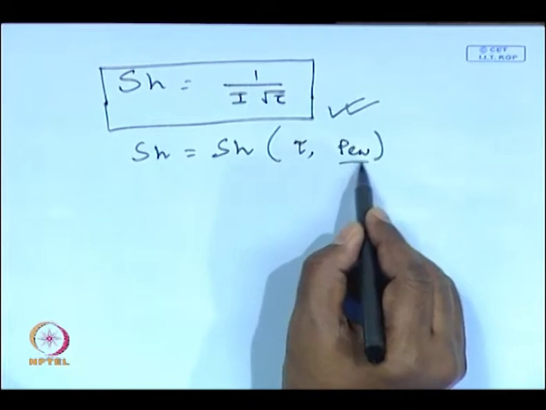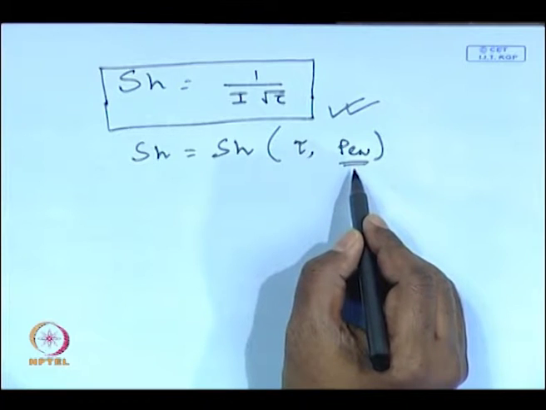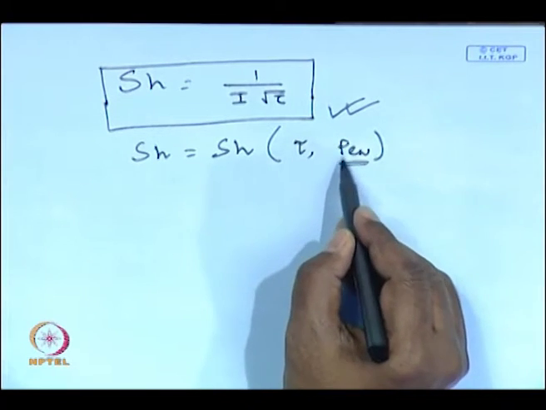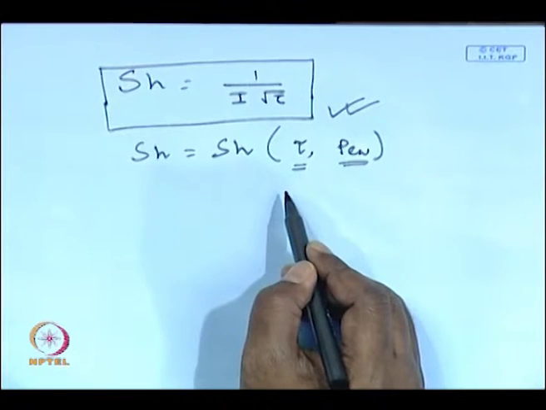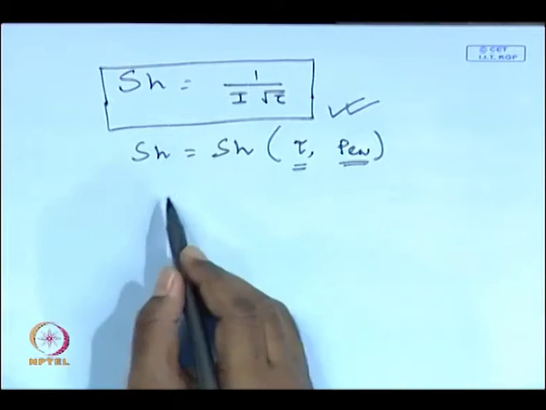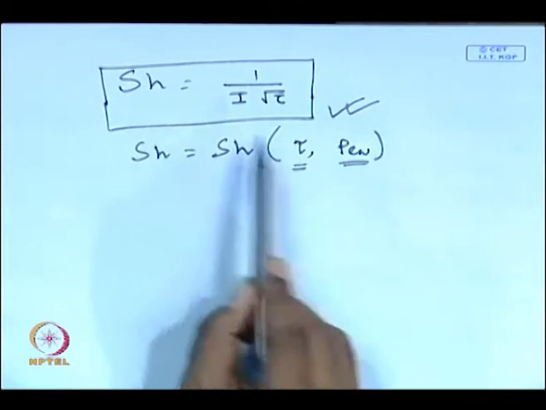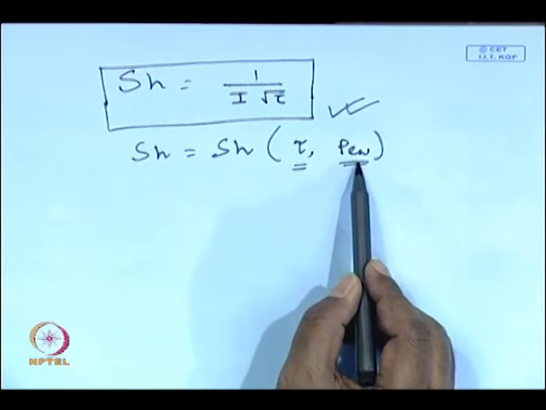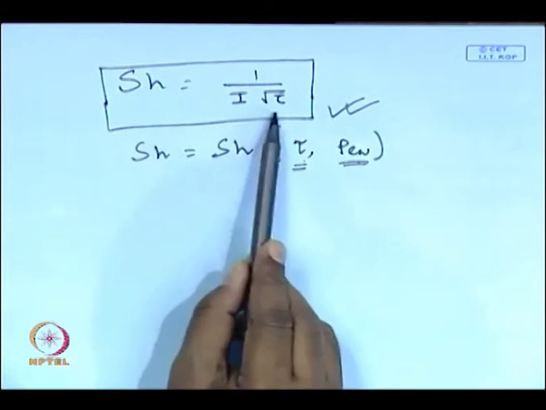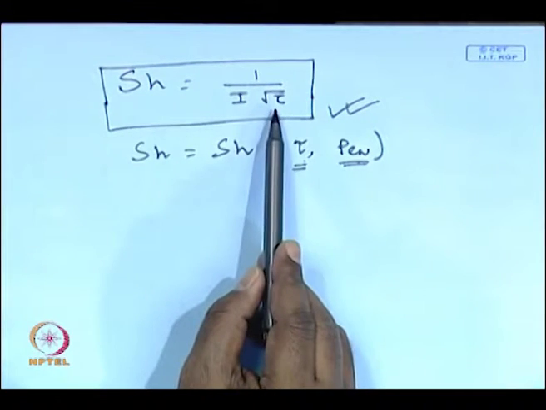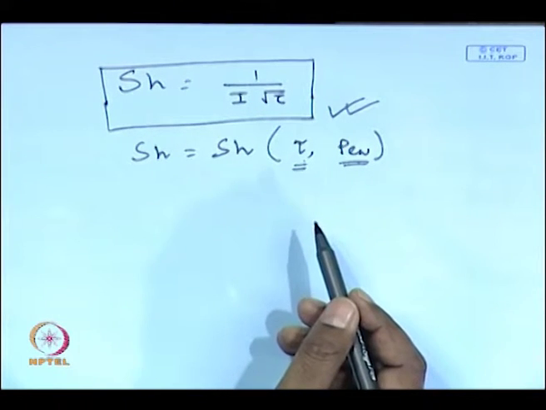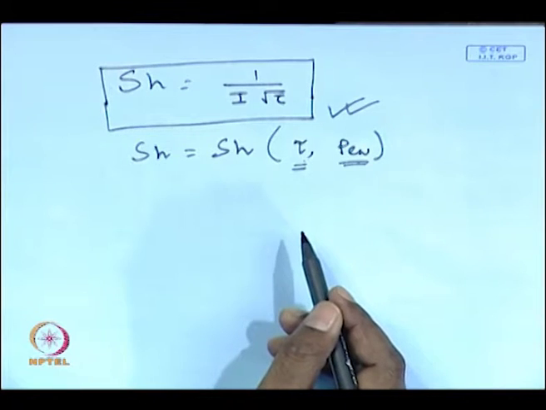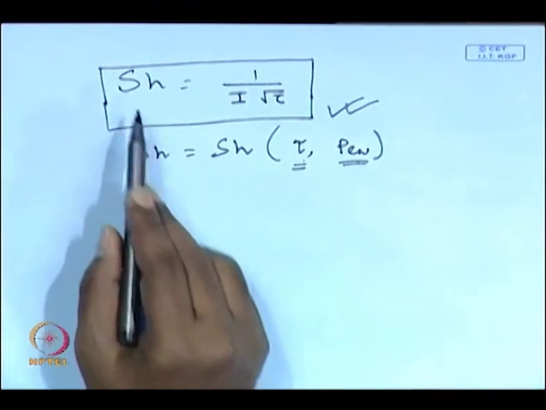So, the porosity, the permeate flux, this permeate flux will occur because of the porous membrane present at the wall. So, porosity of the wall will be taken care of by this parameter Pw, and the time variation is taken care of by the non-dimensional quantity tau. Therefore, Sherwood will be a function of both permeation as well as the time of operation, and as it is evident from this expression, the Sherwood number is inversely proportional to time. That means, as time progresses, the Sherwood number will go on decreasing. That means mass transfer coefficient will go on decreasing, because mass transfer coefficient is directly proportional to Sherwood number.